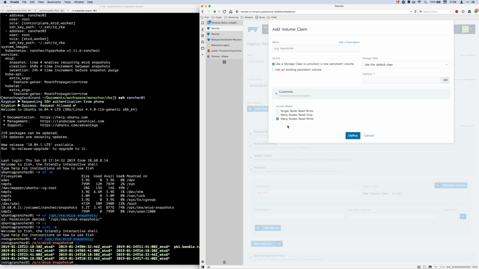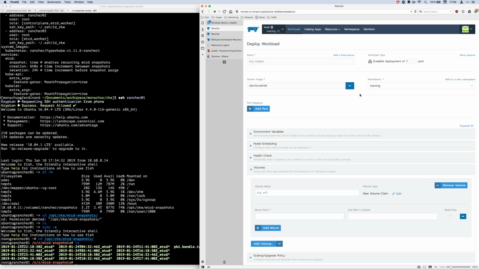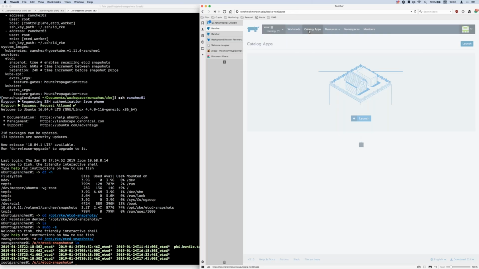If you're in the vSphere environment and you want stuff mounted in multiple places, you're going to probably want NFS. If you don't have an NFS server, then check out